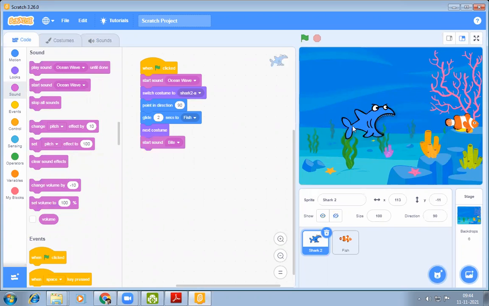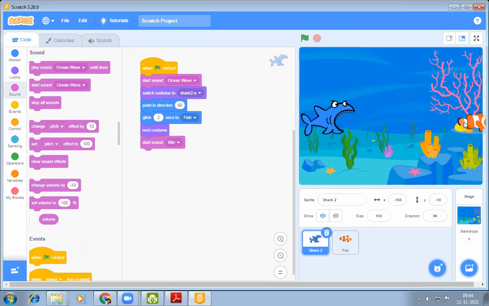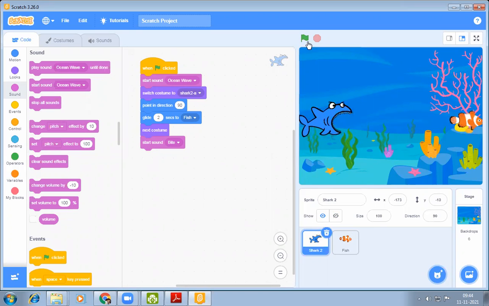Put the shark here, click it. Okay, again. So whenever we click on the green flag, the shark follows the fish and tries to eat it. Okay.